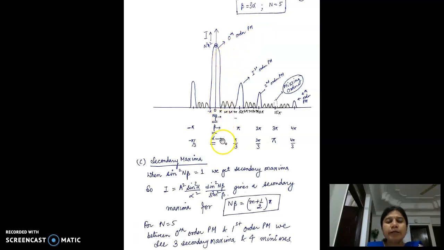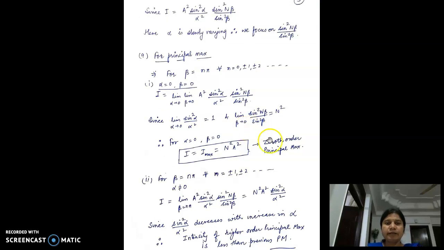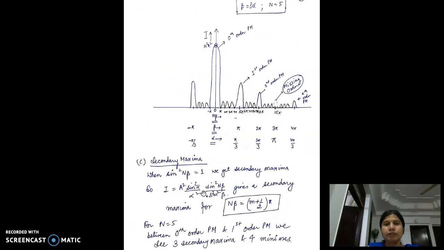Now, when we put n equals 1, that means beta is equal to pi. Small n we are talking about. Alpha at that point is pi by 3, and this satisfies the condition of principal maxima, the one which we have discussed over here. For beta equals n pi, we are going to get a principal maxima. So the next principal maxima occurs over here for beta equals pi, alpha is pi by 3, and